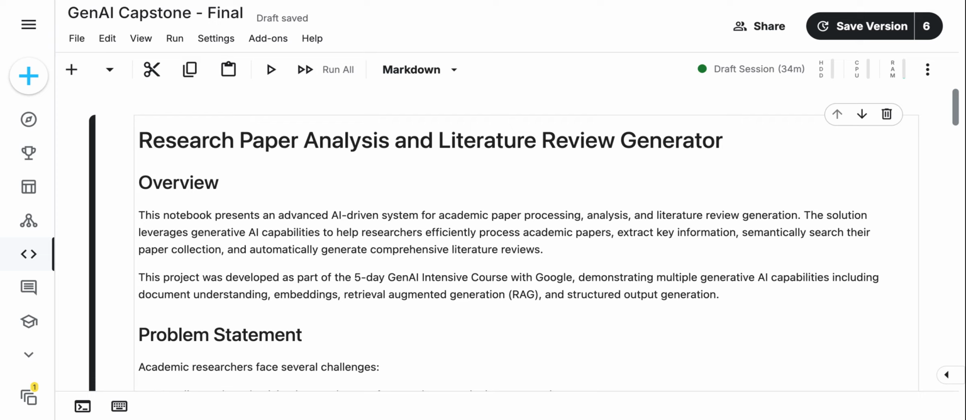The same challenge exists in academic research, where professionals struggle to digest the overwhelming volume of papers published every day. Let me take you through my solution, a complete system that extracts information from research papers, discovers semantic connections between them, and even generates comprehensive literature reviews automatically. Before diving into the solution,